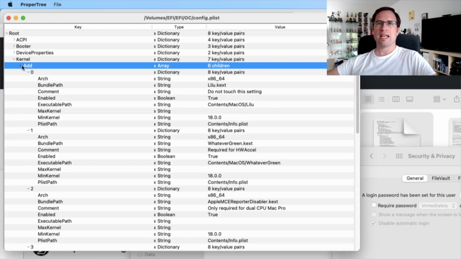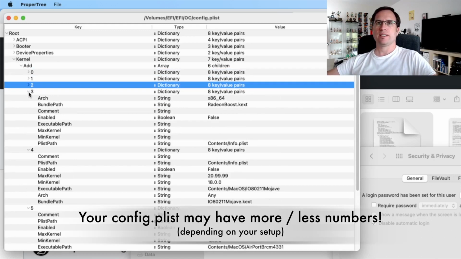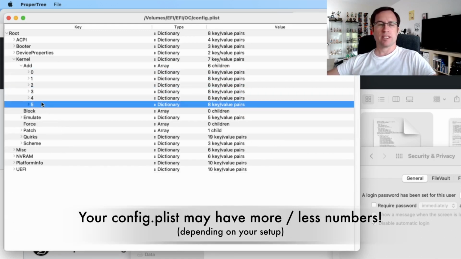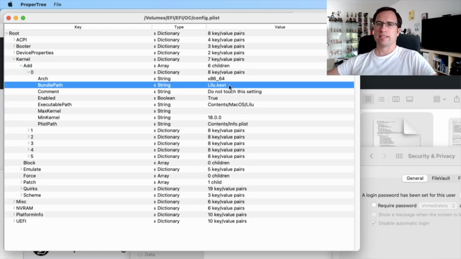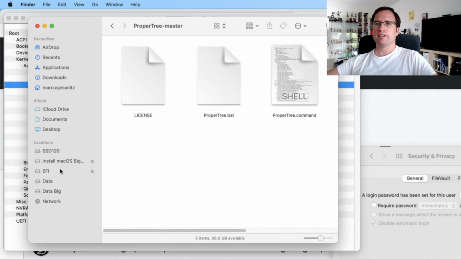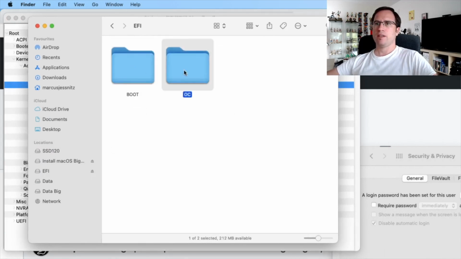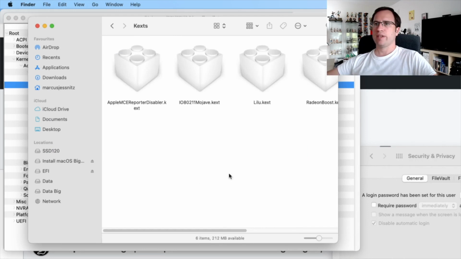And when we open Add, we see a lot of numbers that may differ from your system, because actually there are 6 drivers loaded, 0 to 5. And when we open up the 0, you see Lilu.kext. Let me just go into the Finder, EFI, OpenCore, Kexts, where we have been.